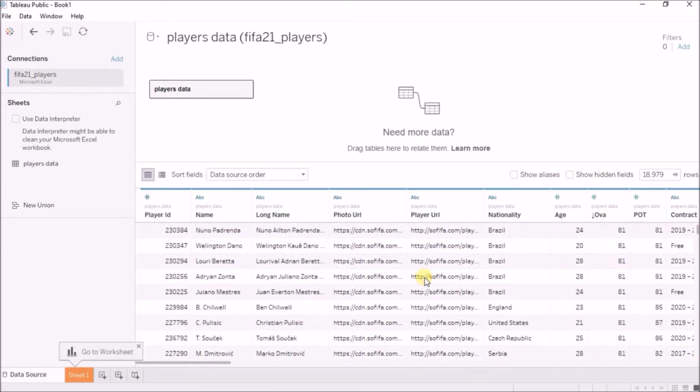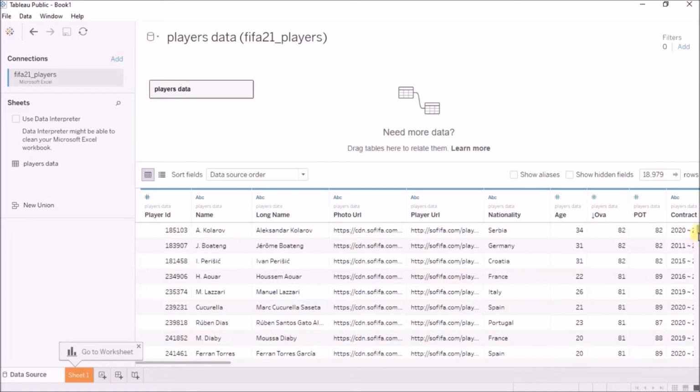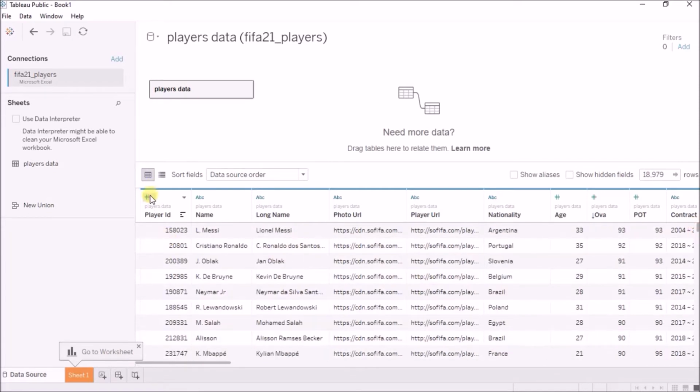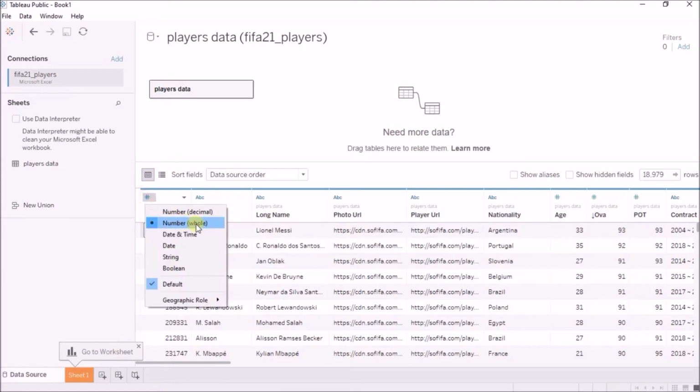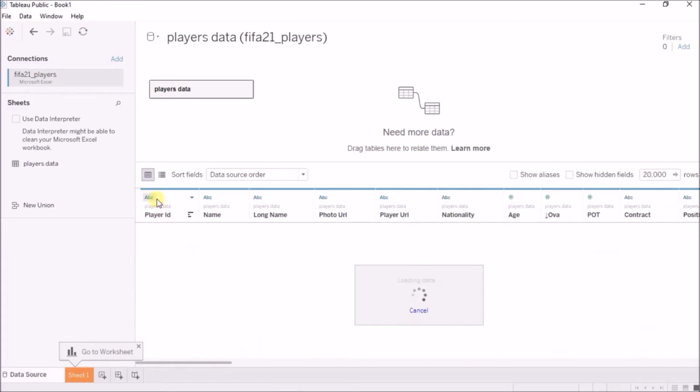Okay, now what are the data types in Tableau? First of all, we see the hash symbol ABC here. So these are the data types that are automatically assigned by Tableau, which may or may not be correct. For example, this player ID column, even though this is a numerical column, we know that all of these are just identifiers for each and every player, right? And I cannot add any of these player IDs to get any tangible result. And hence I'll just click on this and change from number whole to a string value. Okay, so this is now a string data type.